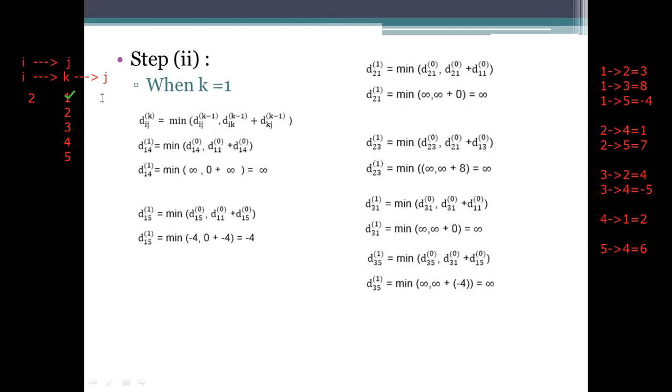If you are considering the j values, 2 to 1 is not there. The path is not there for 2 to 1. 2 to 2 we are not considering. 2 to 3 is not there, but it is having paths for 4 and 5. So what j values are you having? 1 and 3. The self loop is not considered. It is having two values, and these are not the final values, these are just calculated values.